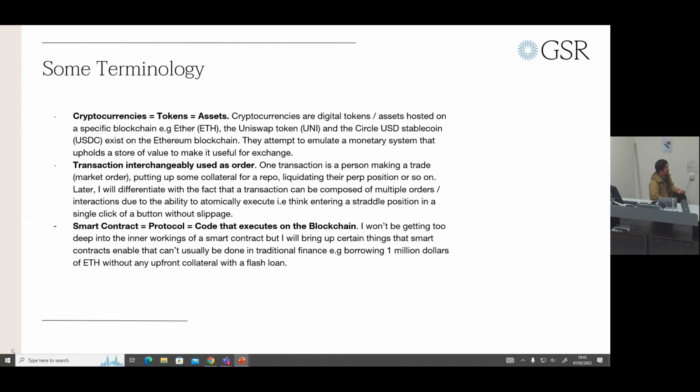And so I'll refer to a couple of these during the sessions, such as Ether, Uniswap, and Circle stablecoin. Also, you might have picked up that I use transaction and order synonymously as well. That being, more so a market order, let's say an order to buy 1 Bitcoin at the market price,